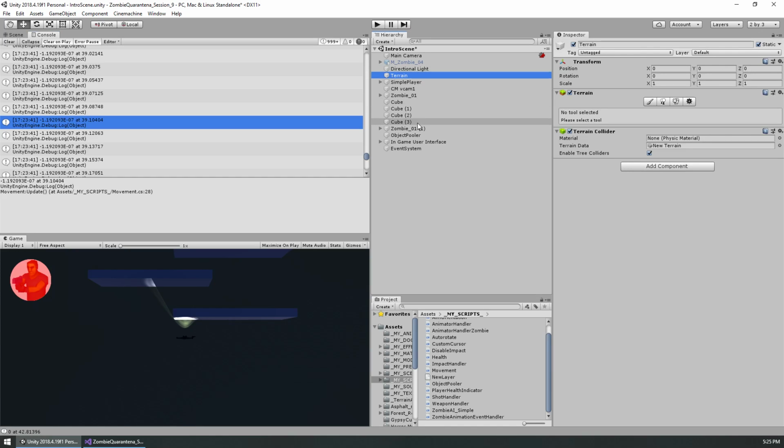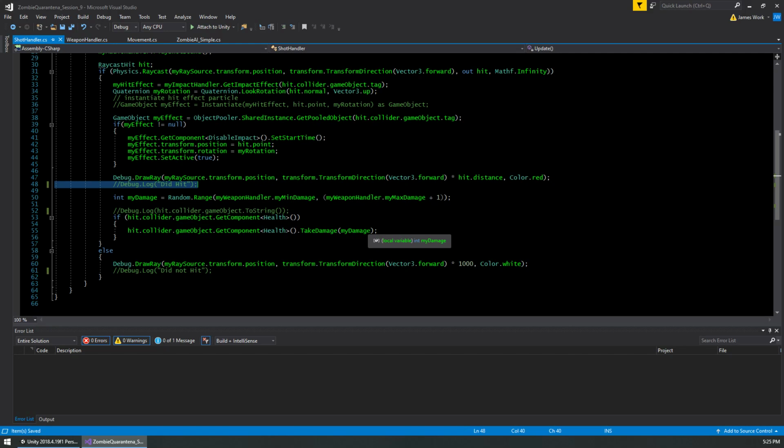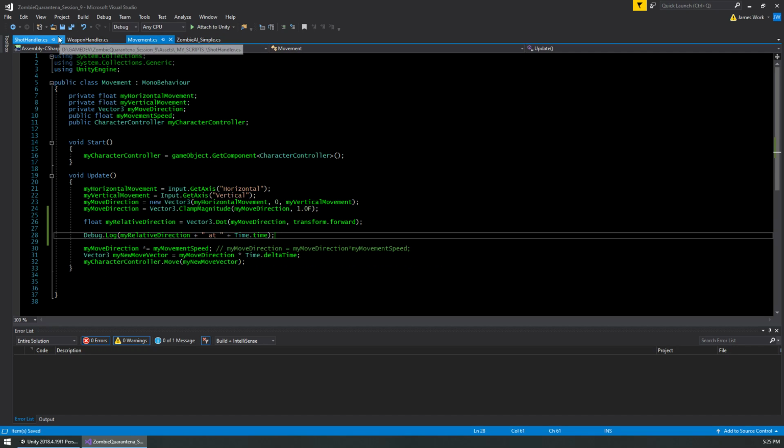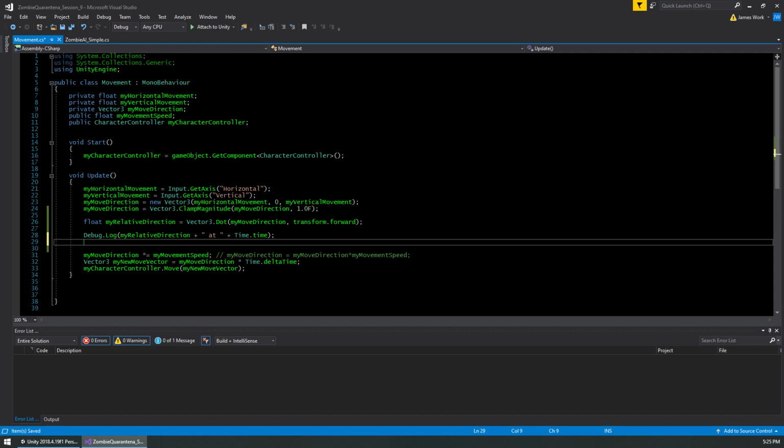So what are we going to do with that? Well, there's 2 different ways we can approach this, and we're going to start doing it in a big sledgehammer way. Let's go back to the movement script. I have a bunch of scripts open that I don't need open anymore, so I'm going to close weapon handler and shot handler, and I'm going to leave zombie A simple because we're going to come back to it in a minute. Okay, so